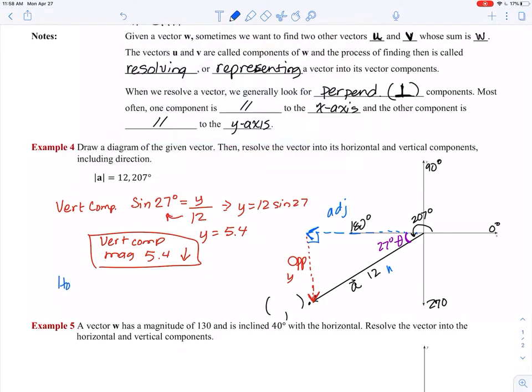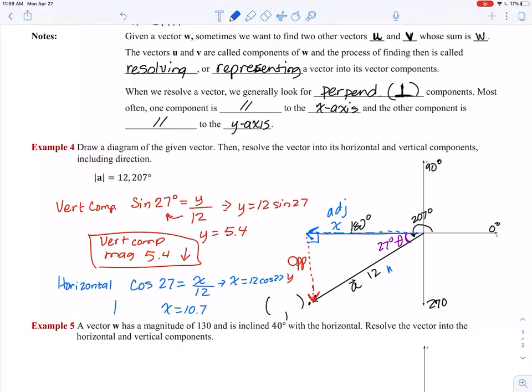The horizontal component, that would be your value of x right here, whatever that measure is right there. Okay, so that x is adjacent to angle theta, so we'd say cosine, right? Because the cosine value is the value of our x coordinate. So the cosine of 27 is equal to the x coordinate over 12, multiply both sides times 12. So we get x equals 12 cosine 27. So we plug that in, 12 cosine 27, and we get 10.7. So x is equal to